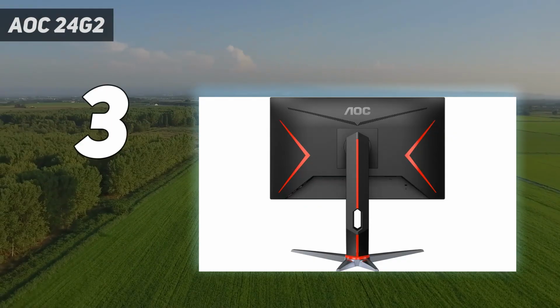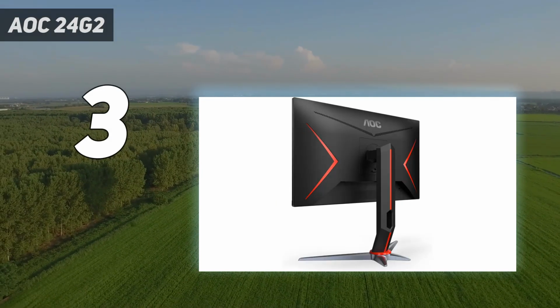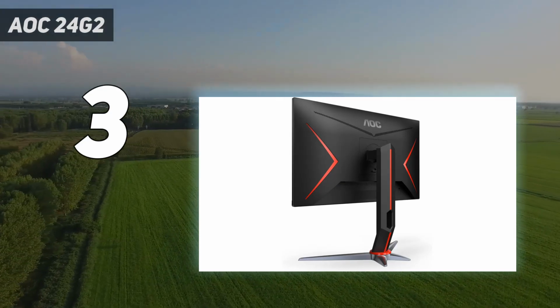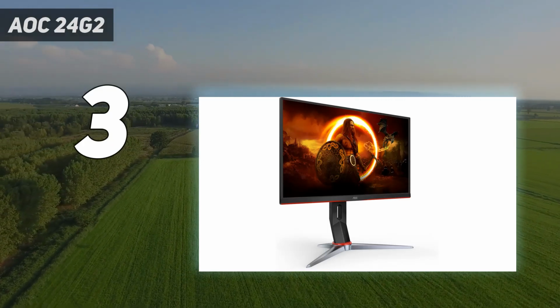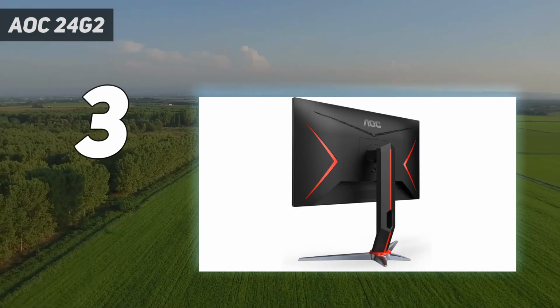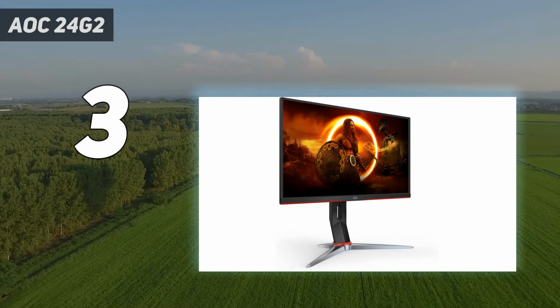Design: AOC takes a subtle approach with the 24G2's aesthetics, but red accents round the back and at its base serve as a reminder that it's a gaming monitor. Its V-shaped base sort of does the same, as it provides just enough edge to escape looking like office equipment. If you're allergic to bezels, you're also going to love the fact there's barely any frame present, which actually gives